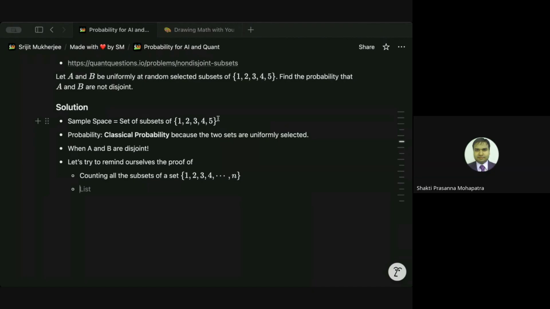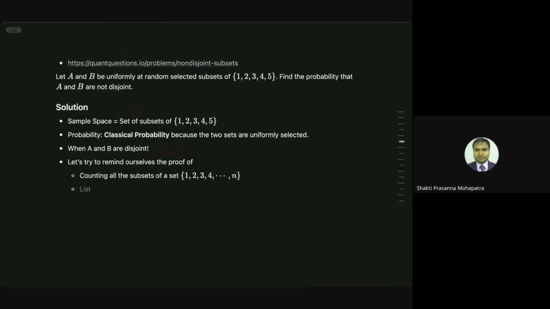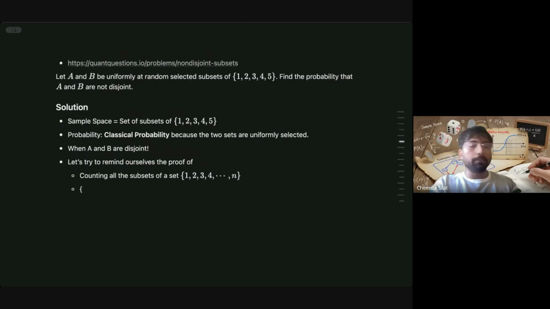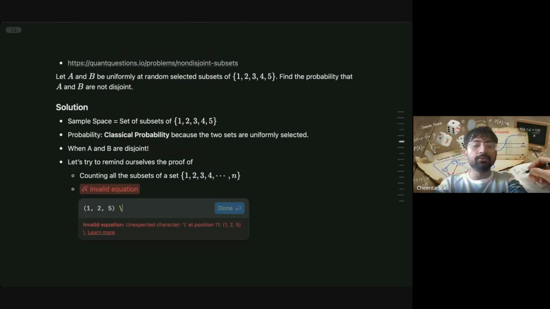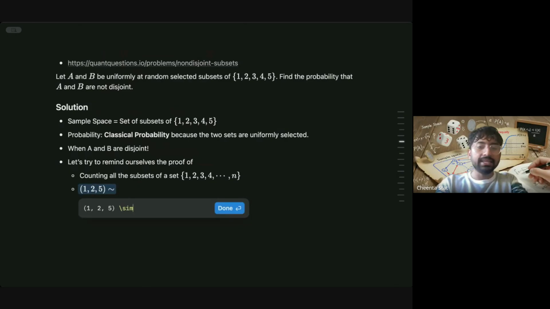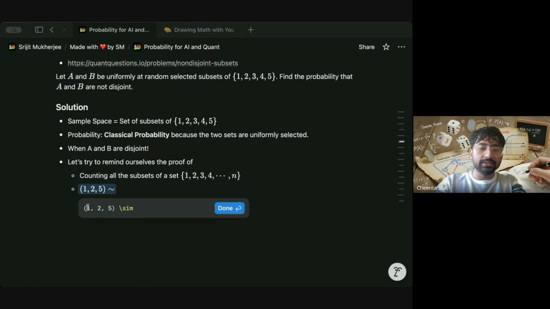Yeah, one possibility is that for each element, so there are 5 elements here, each element has two choices. One is to belong to that set or not to belong to that set. Perfect. If we do that, then we get naturally that it is 2 to the power 5. So any subset, for example 1, 2, 5, is equivalent to